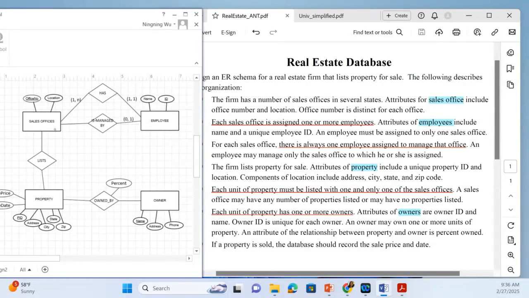Okay, so that's the second sentence here: an employee may manage only the sales office to which he or she is assigned. Since an employee can be assigned to only one sales office, if an employee is a manager, he or she can only manage his or her own department. Then regarding the,